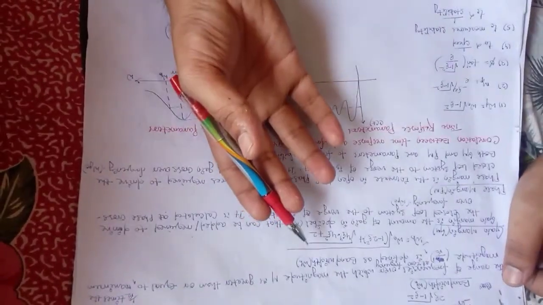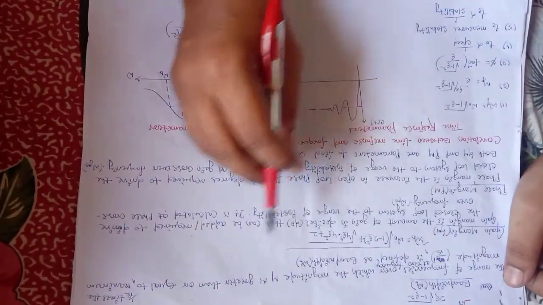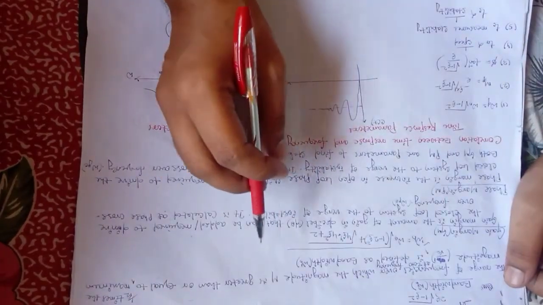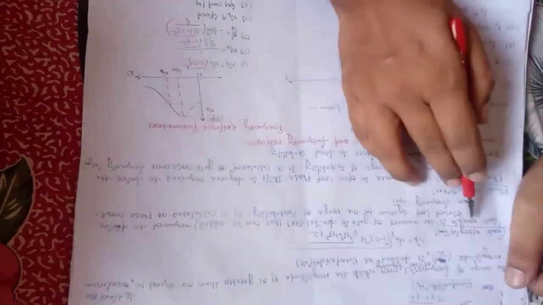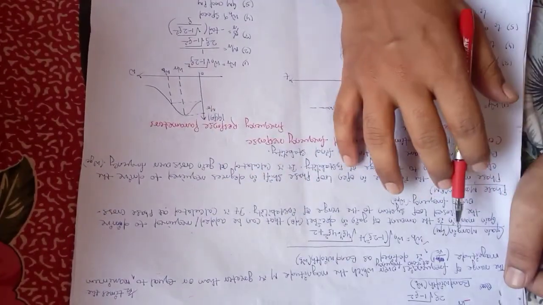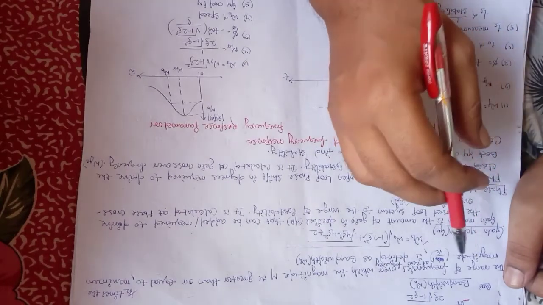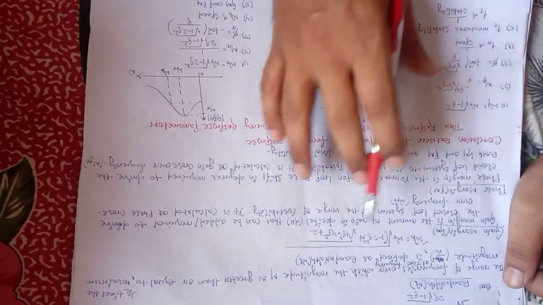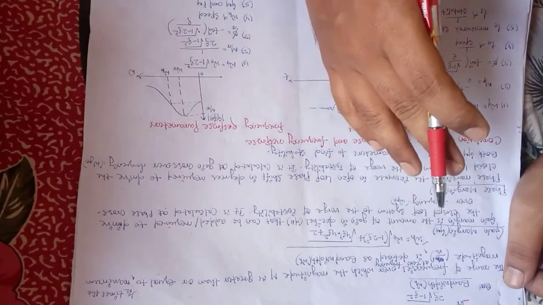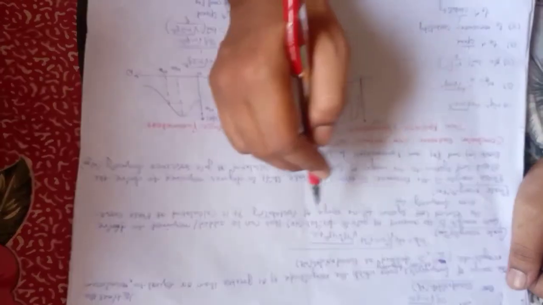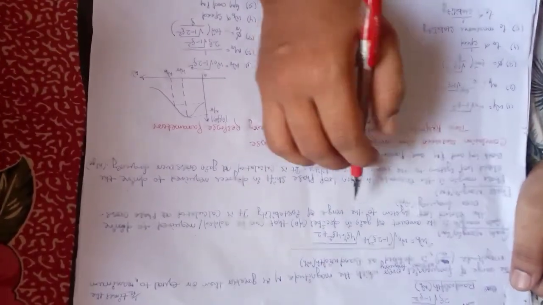Okay, so same thing: if a system is stable, how much extra magnitude is required in order to make the system unstable? That extra magnitude is called margin. Since we are taking gain, it is called gain margin. In detail we will study it in the Bode plot, and we will see how this gain margin concept comes into existence. Right now we will see only the definition. So we have clarity that gain margin is the amount of gain in dB that can be added or required to drive the closed loop system to the verge of instability.